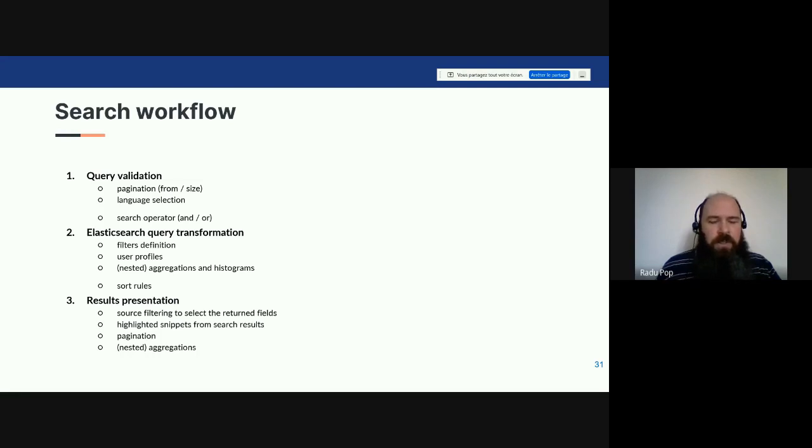And finally, the third part is still a transformation that allows us to present the result of the query in a more concise fashion, and that allows us to extract snippets from the search results.